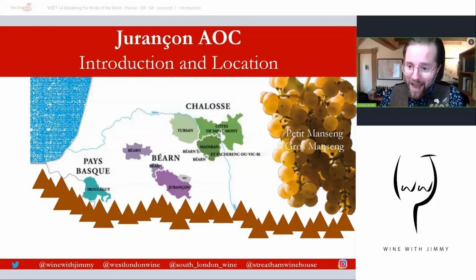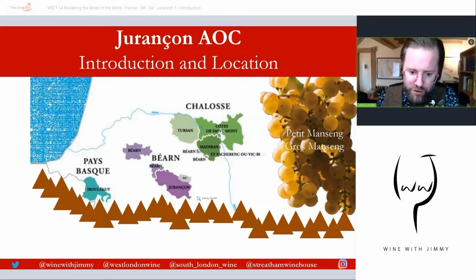So we are looking at Jurançon. I'm a big fan of the wines of Jurançon. This is a region in the foothills of the Pyrenees. And to my best abilities, I have put lots of these brown triangles to emulate the Pyrenees, of course. You didn't think anything different out there, did you? At an altitude, you'll see here this purple area goes up to 300-400 meters. So some good altitude here in the south of the Béarn area. On a similar latitude to Biarritz, that's in the Basque country, but we're across inland a little bit more